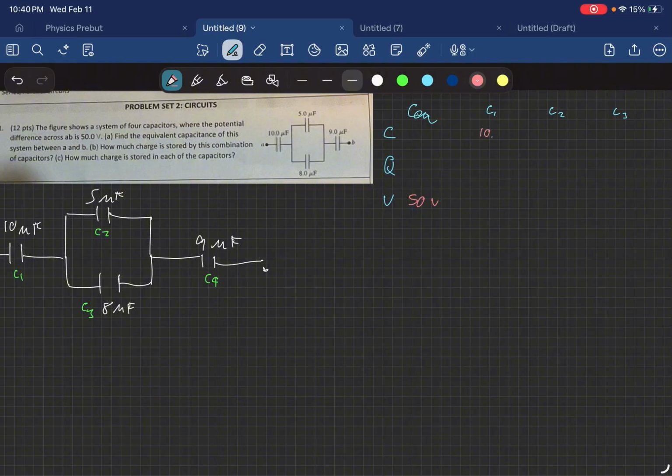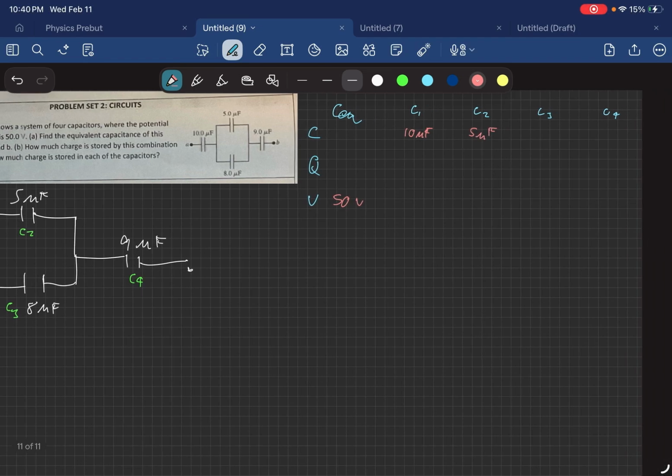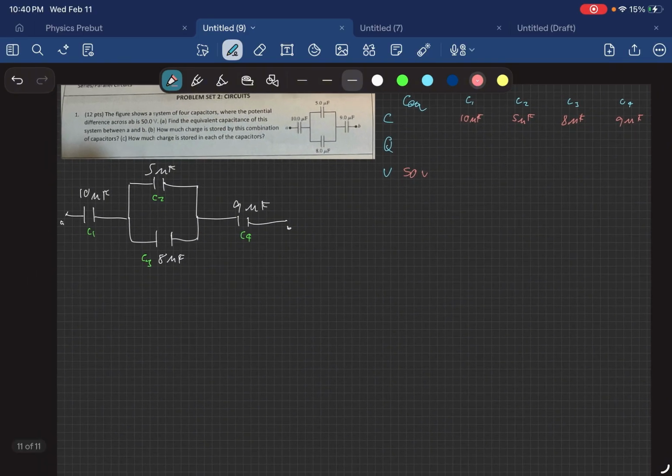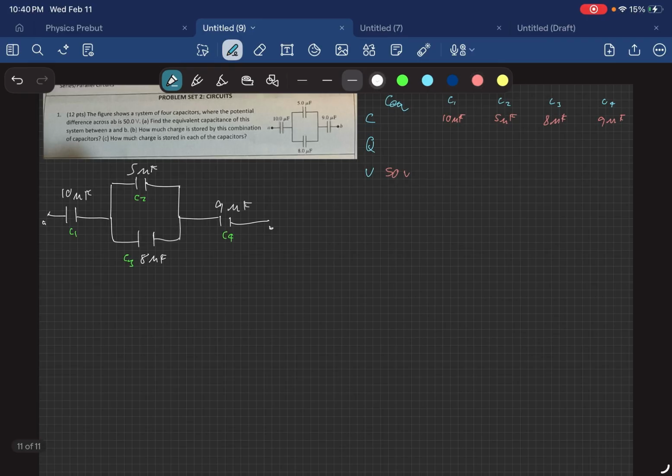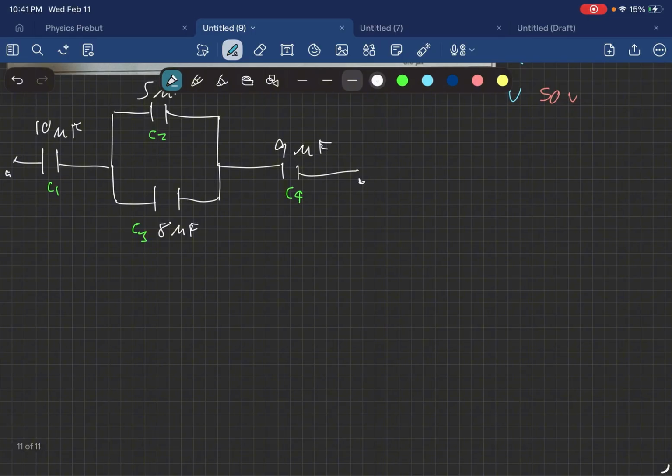C1 is 10 microfarads, C2 is 5 microfarads, C3 is 8 microfarads, C4 is 9 microfarads. So, we already analyzed this whole circuit. It's pretty simple. We have here C23, because that's the first thing we need to combine, is equal to